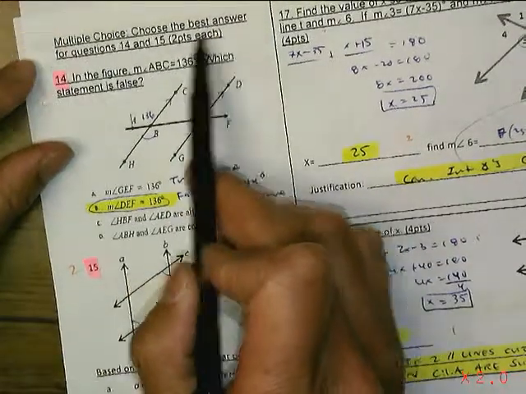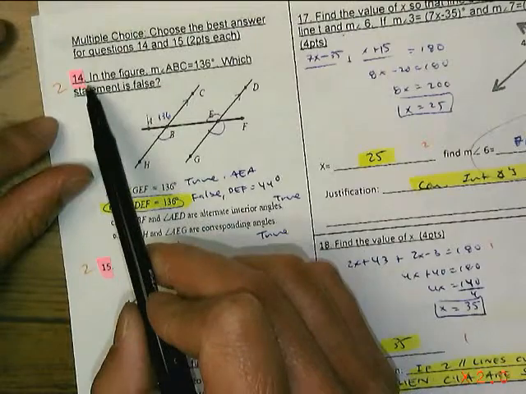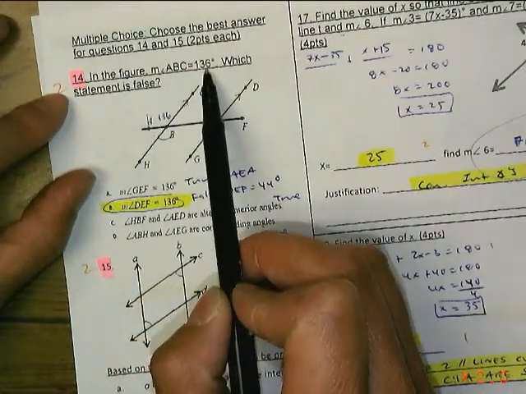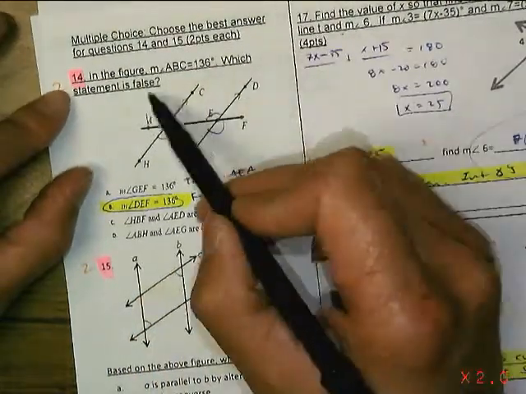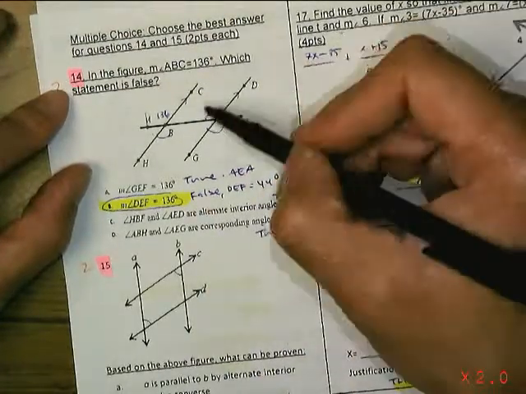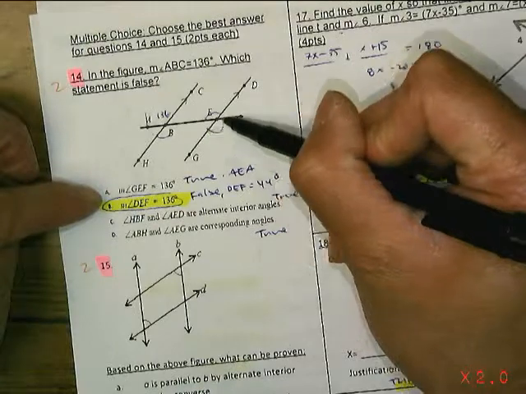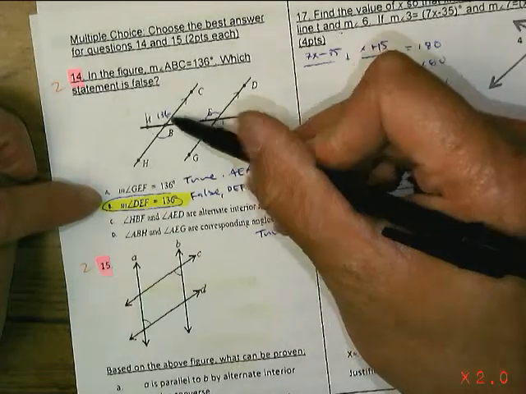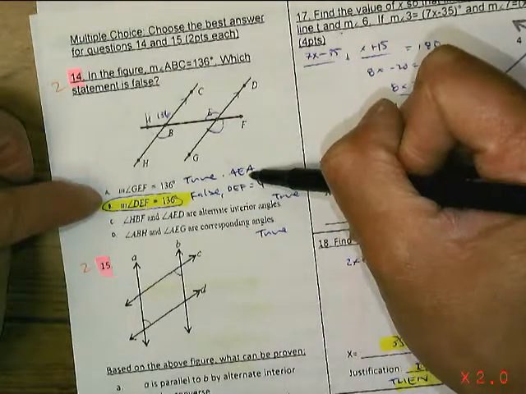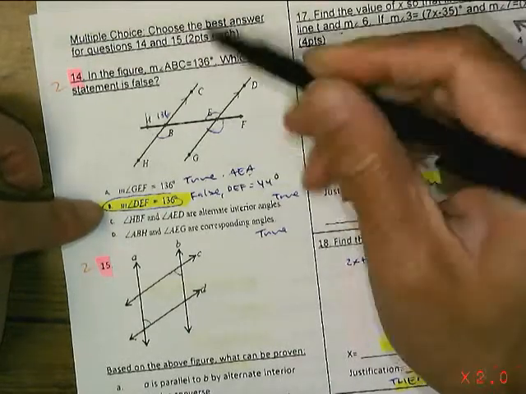Multiple choice, choose the best answer for questions 14 and 15. In the figure, measure of angle ABC is 136. Which statement is false? So if I know this is 136, GEF, which is down here, is 136. I said that's true. Alternate exterior angles are congruent. It says DEF,